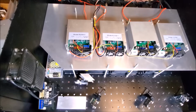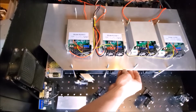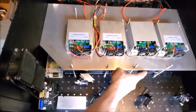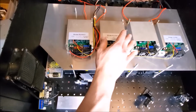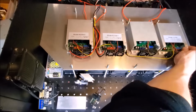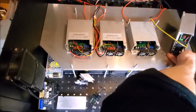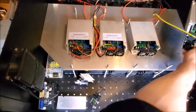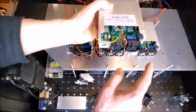So I went ahead and I drilled the holes for the threaded rod to come up and through, and I set the height on the nylon lock nuts so those are all even. Now I have the laser drivers here positioned and mounted where I want them, and you can see that. I've also done my center punching, and I'll drill and tap those later for the screws. But you'll notice I have them spaced out, and the reason why I have them spaced out is because these